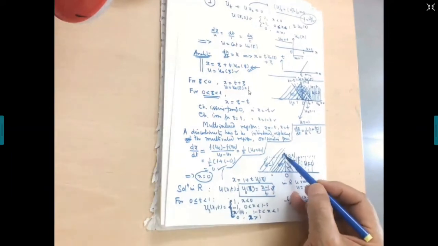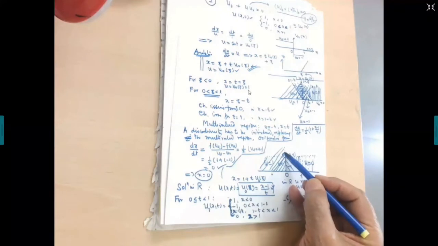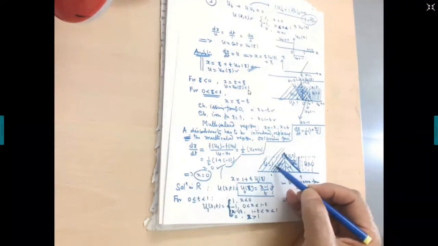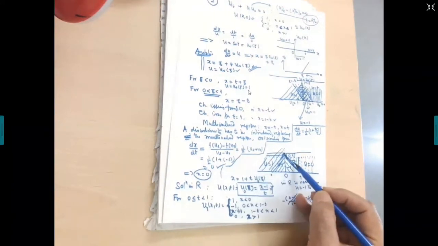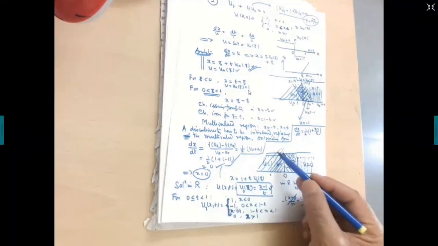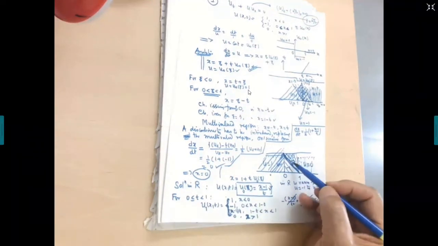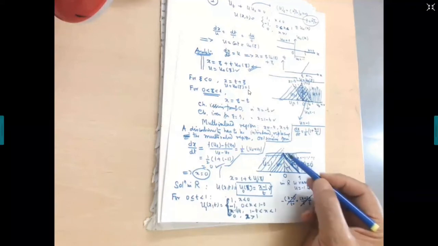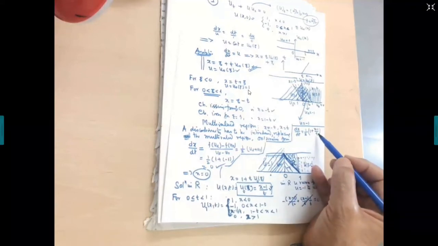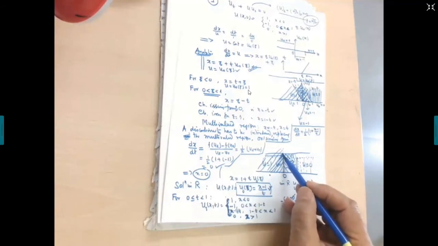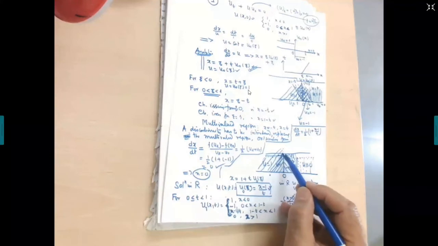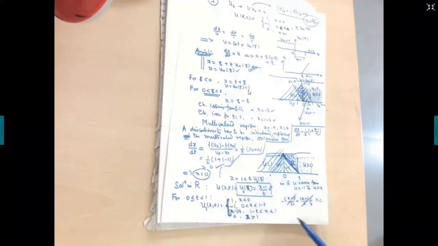You see, at this point P, what will happen? The solution on the left is U is equal to 1. Is that right? But on the right, this fan is striking. So these characteristics will not stop; they will extend this region. So naturally, the value of U on the right will be x minus 1 upon t. Take this point P: what is the value of U on the left? U is equal to 1. What is the value of U on the right? It will be x minus 1 upon t. Yes or no?